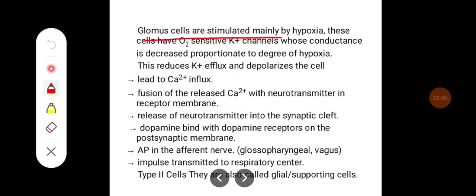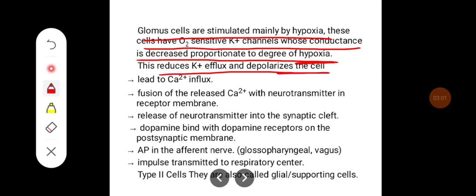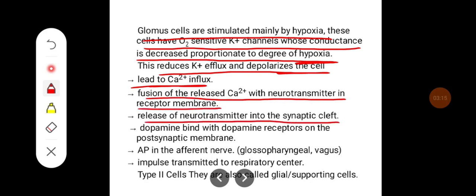Glomus cells are stimulated mainly by the hypoxia. These cells have oxygen-sensitive potassium channels whose conductance is decreased proportionate to the degree of hypoxia. This reduces the potassium efflux and depolarizes the cell, that leads to calcium influx, and the fusion of released calcium with neurotransmitter in the receptor membrane occurs. This releases the neurotransmitter into the synaptic cleft,